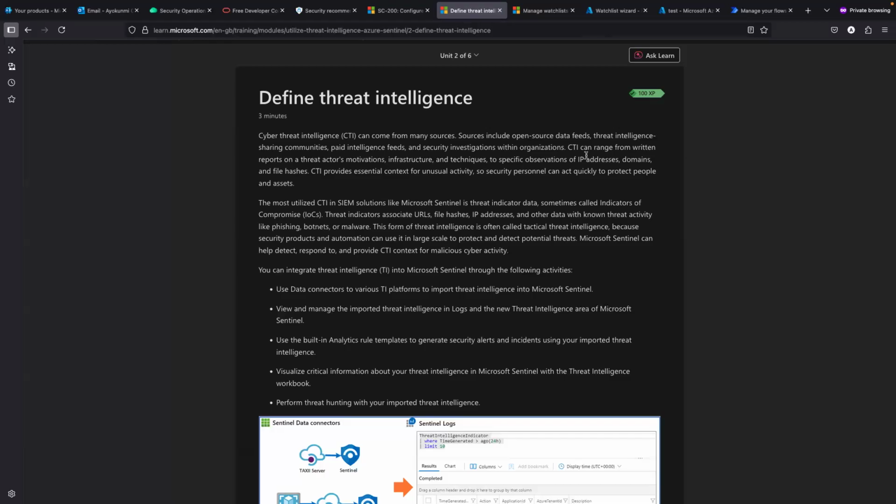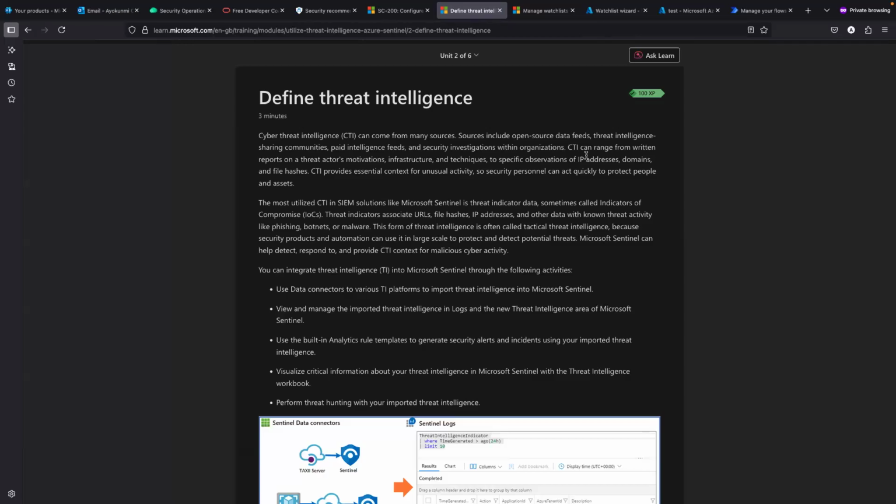Some may even come from reports on the motivation of threat actors, maybe infrastructure and technique, and specifically observed IP addresses, domains, file hashes, botnets and malware, regardless of what format it is. I mean, regardless of how you have obtained the threat intelligence,